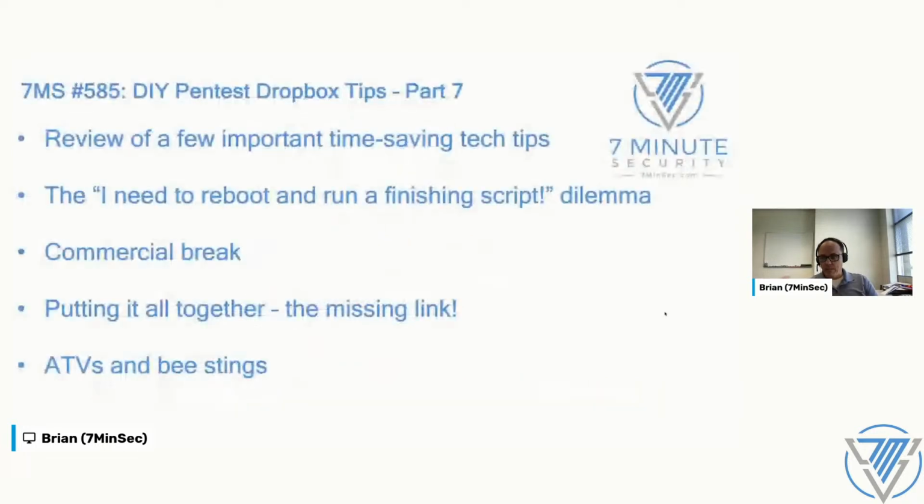So I'm gonna just review. I'm gonna pop into my dummy machine, my zombie machine. I'm gonna go over a few of the important time saving things that have helped me in these builds, to not have to do things like, okay, run Windows updates, click next. Okay, wait for it, reboot, come in again, more Windows updates, that kind of stuff. I just want to review some of those real efficiency and time saver things that I've come across,